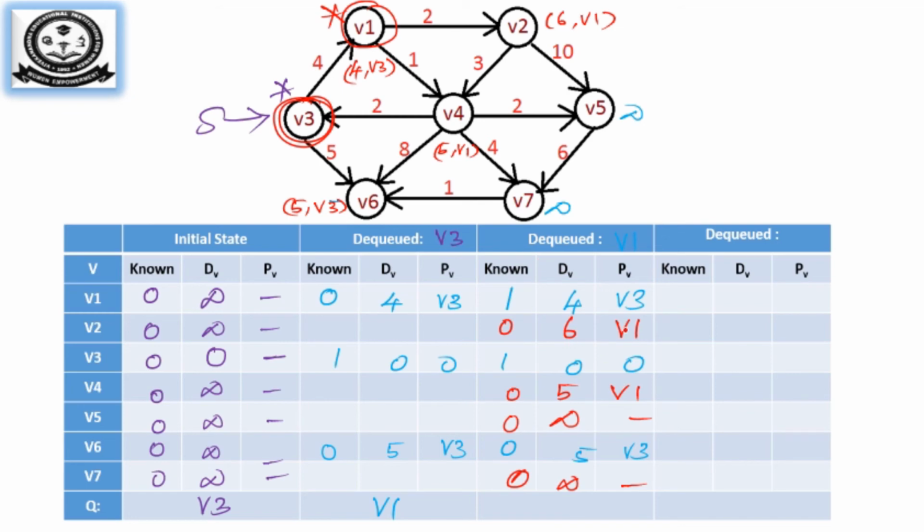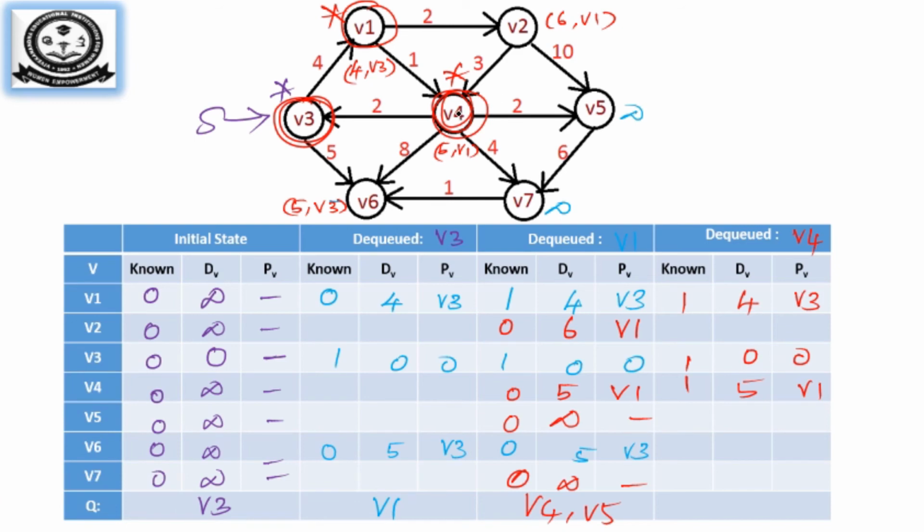Now among the vertices whose known value is 0, find the minimum value. You can see it is V4 and V5 is there. So we will take V4 and V5 in a sorted manner. We will push V4 and V5. Now V4 is dequeued, that means I am going to mark V4 as a known vertex. So let me put V4 as a known vertex, 5 V1. So the rest of the other vertexes are going to be 0, 0, 4, V3. Now we are going to update the values.